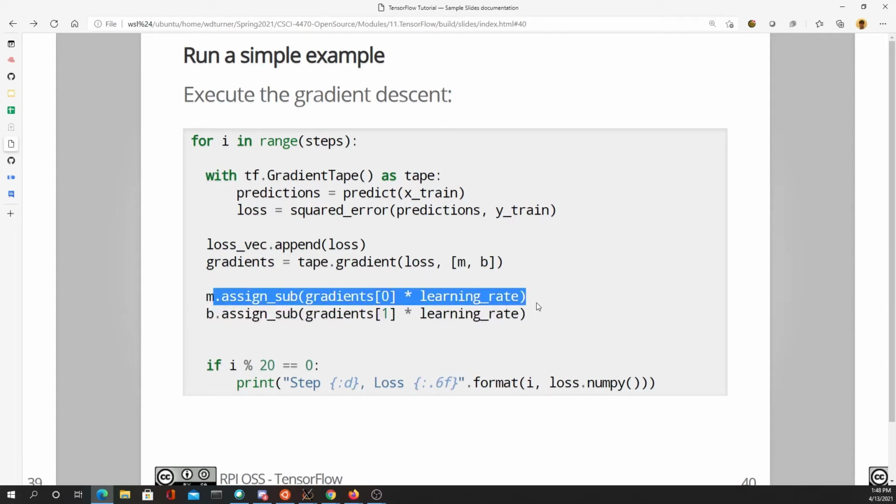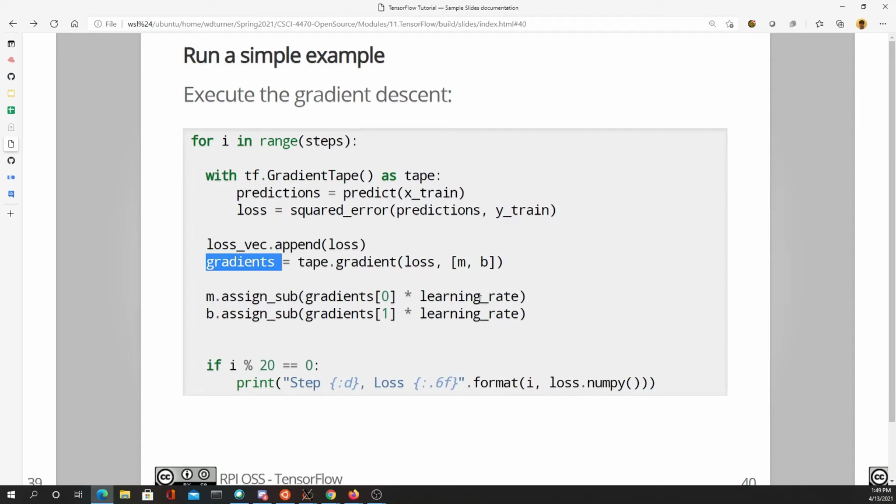We are going to subtract from our current M the gradient times the learning rate, the partial with respect to M times the learning rate, and from B, the partial with respect to B times the learning rate, right? So this gradient is going to return